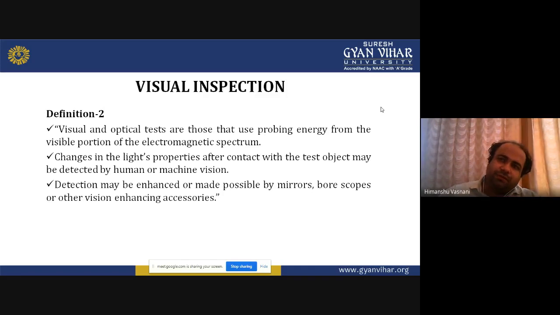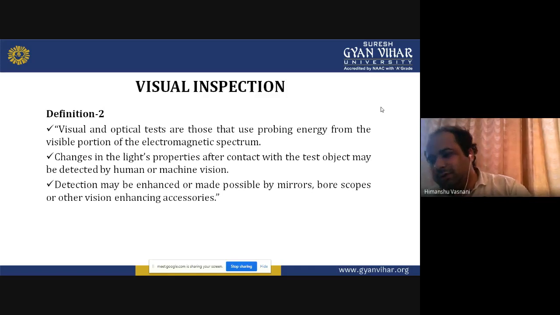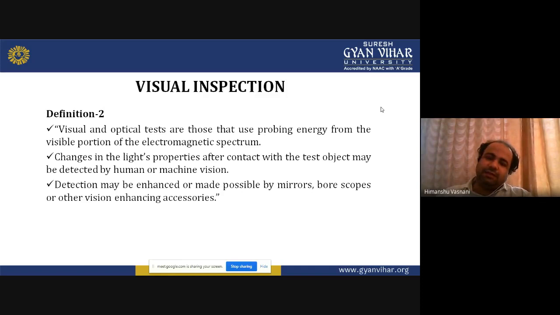On the surface, if the electromagnetic spectrum is applied with the help of probes, and if some light changes, it will be seen by the human eye only. Then again, if you are doing it on pipes, it can be seen very easily. Now there is a term called borescopes,